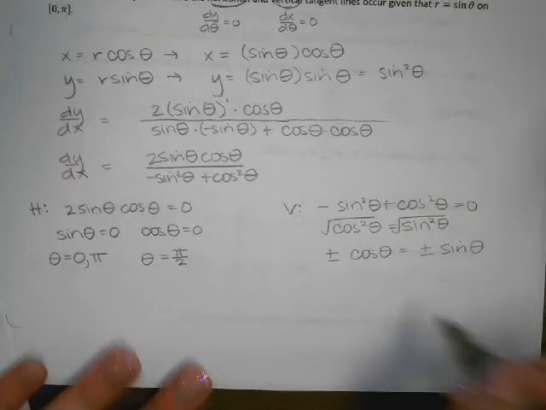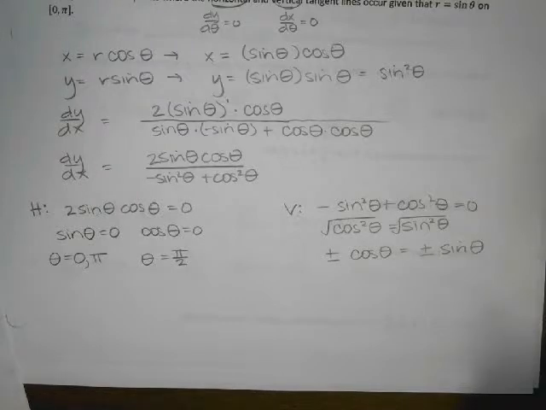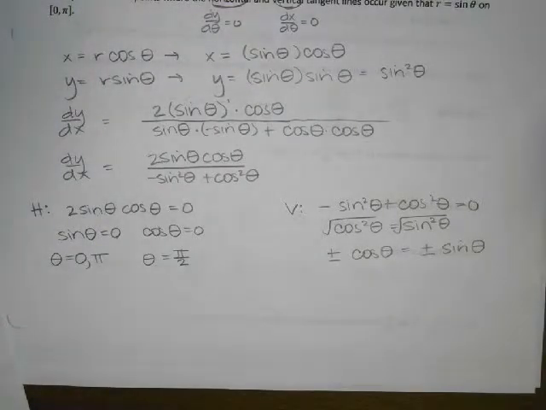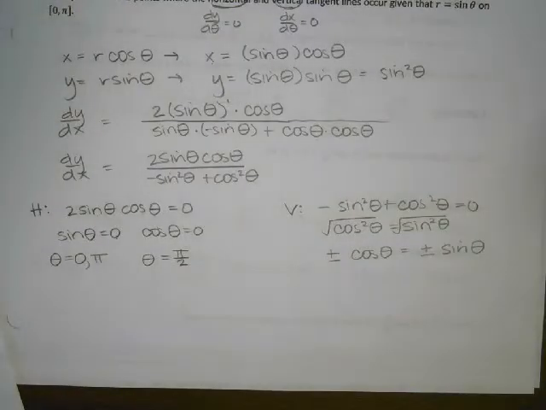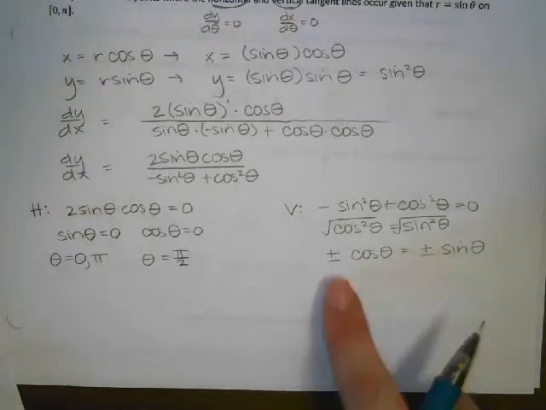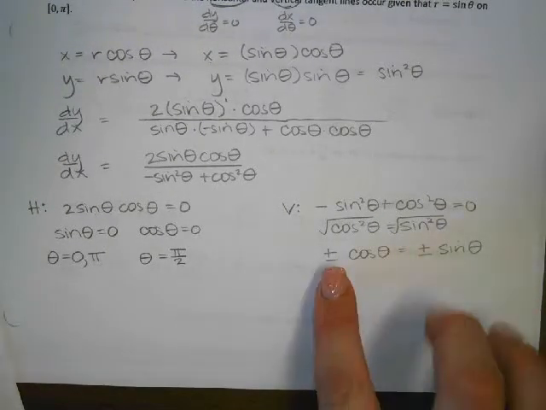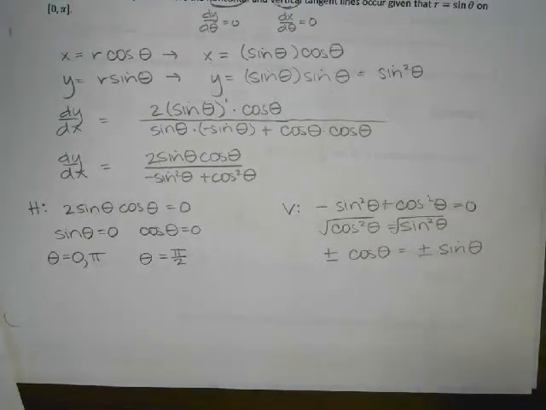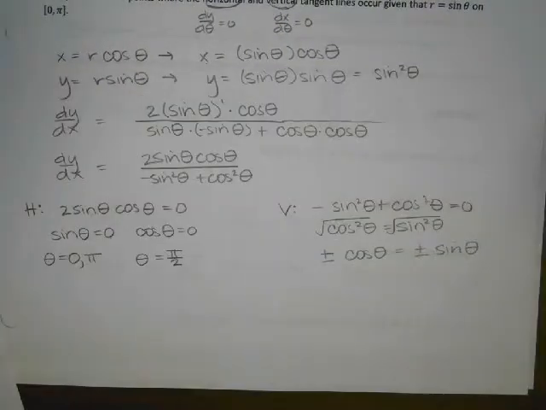I'm trying to think of... Sorry for that awkward pause. What I did is I was trying to think about if I would have to have this be positive while that's positive, or if it was all the combinations. So I did it the other way on a separate sheet of paper to make sure I was doing it